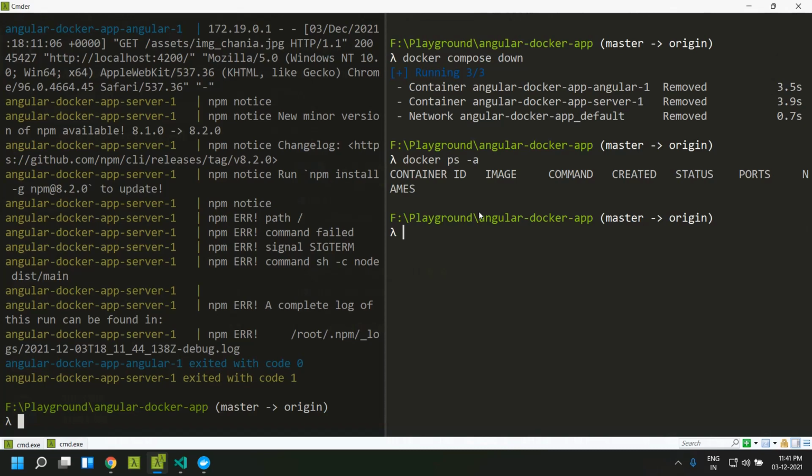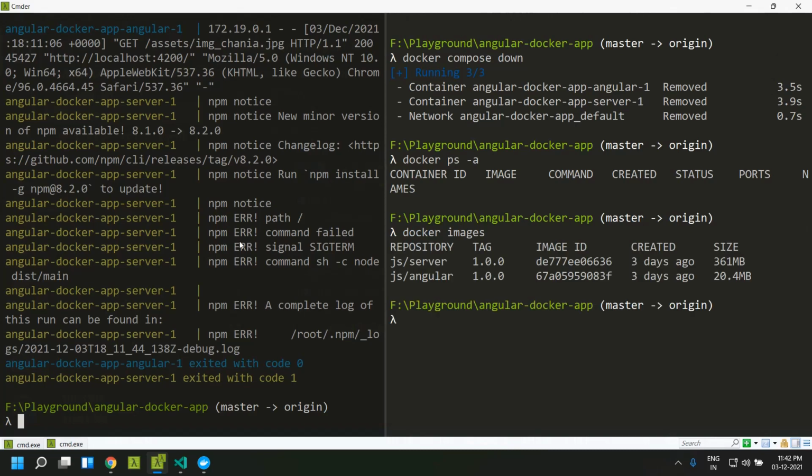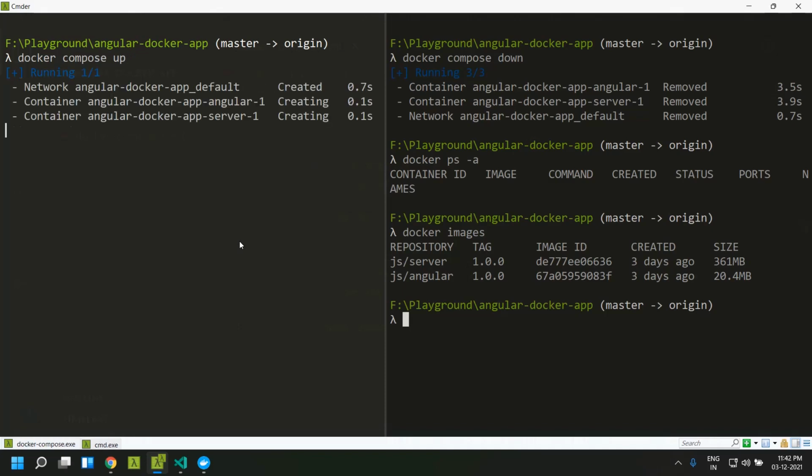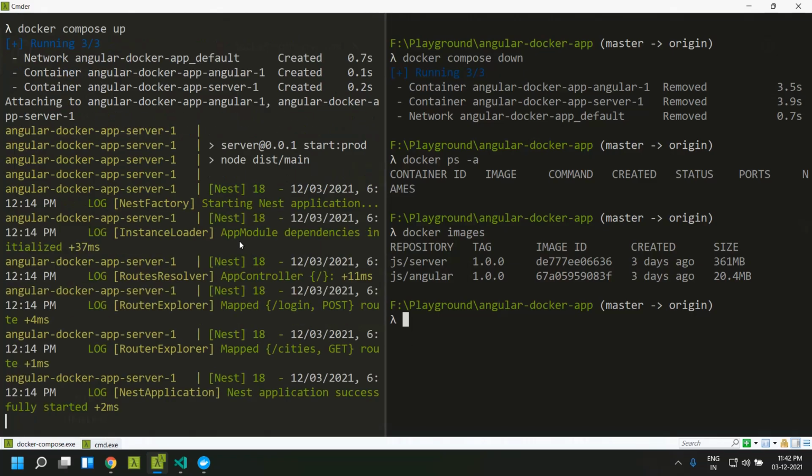You can see that both the containers have been removed, but the images will still be present. In case the next time you want to start up, you can just give docker compose up. Since it has already built the images, it will just be creating the containers now, and our application should be up and running.